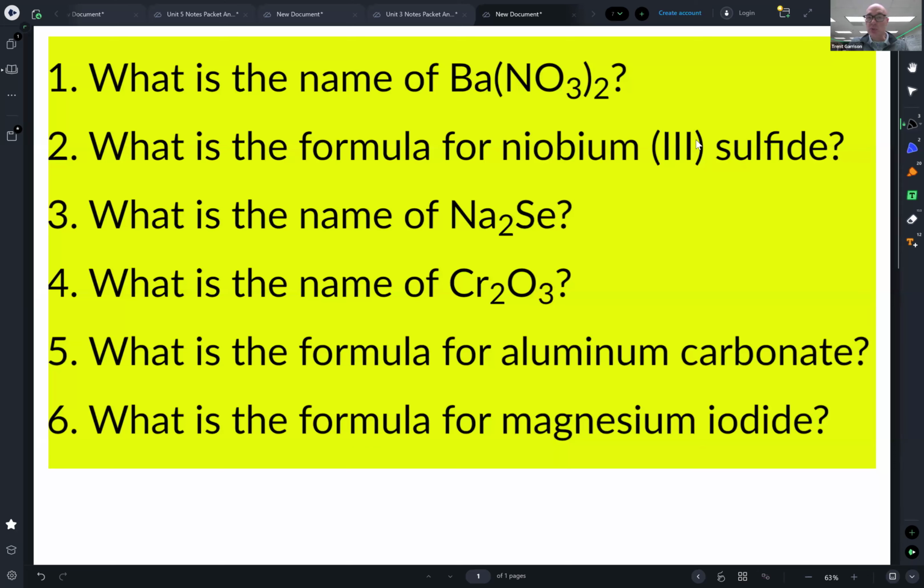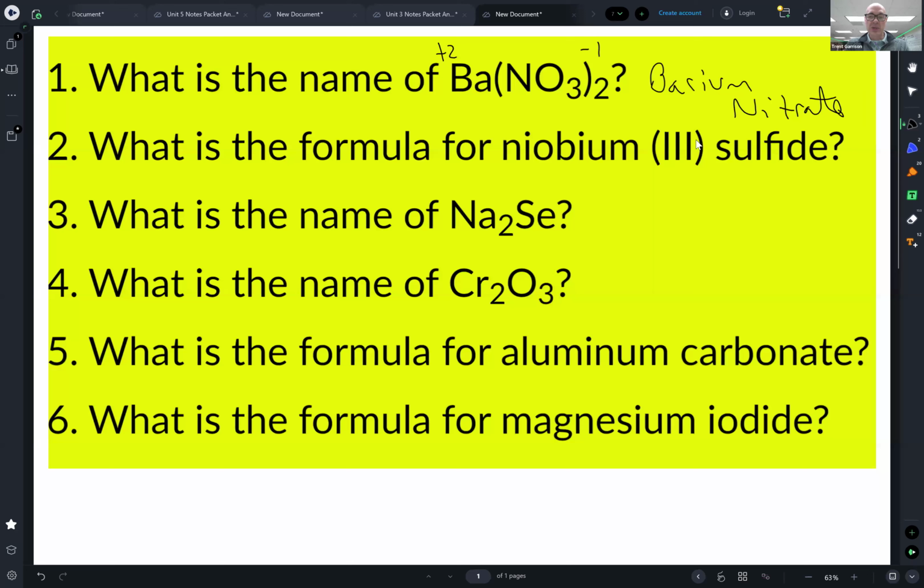If it has more than two, or it has these parentheses, that tells you you need to start looking on your list to find out, matching up, what is the name. NO3 has the name nitrate. Now, it doesn't matter that there are three oxygens. That's the name of nitrate. It doesn't matter that there are two of the nitrates. That's because the charge of barium is +2. The charge of nitrate is -1. They crisscross applesauce. So the name of this one is barium